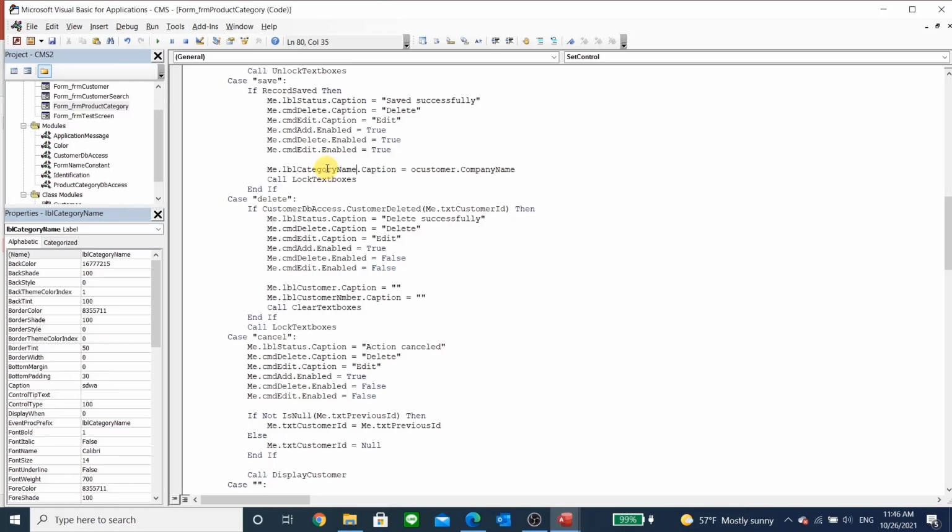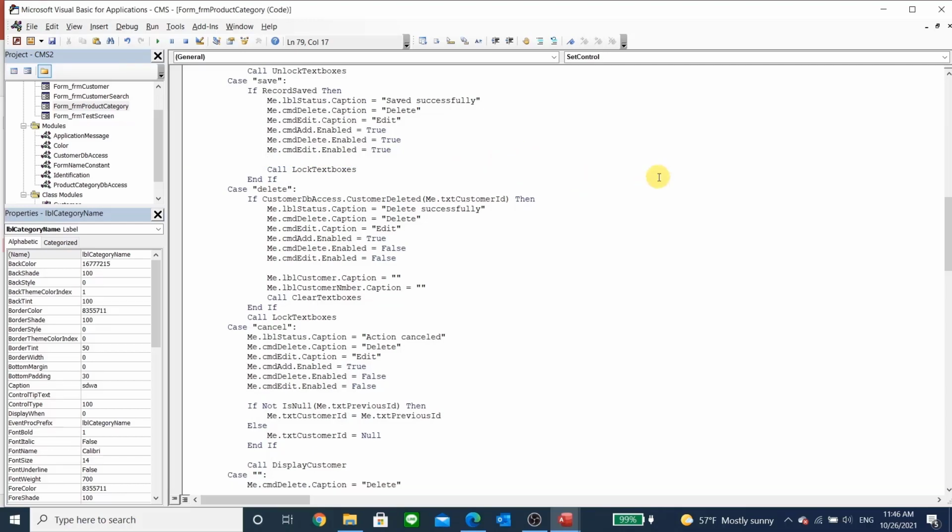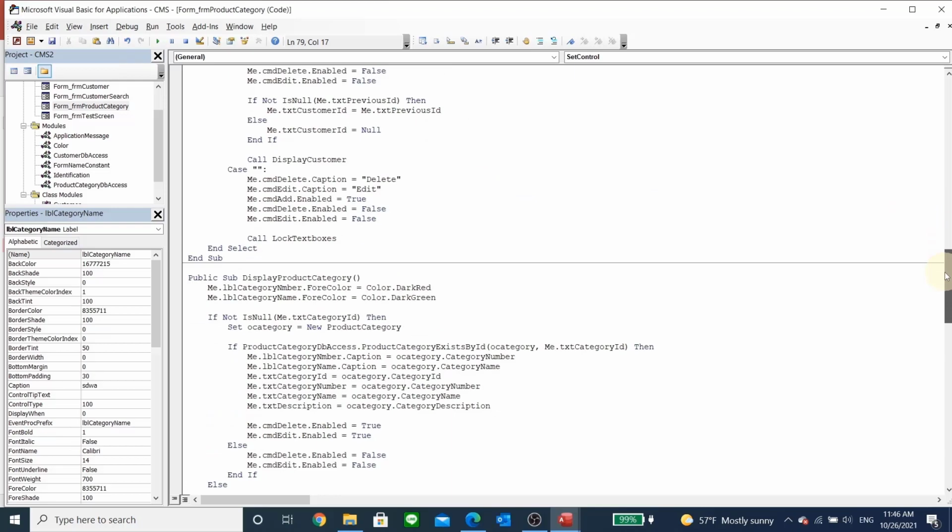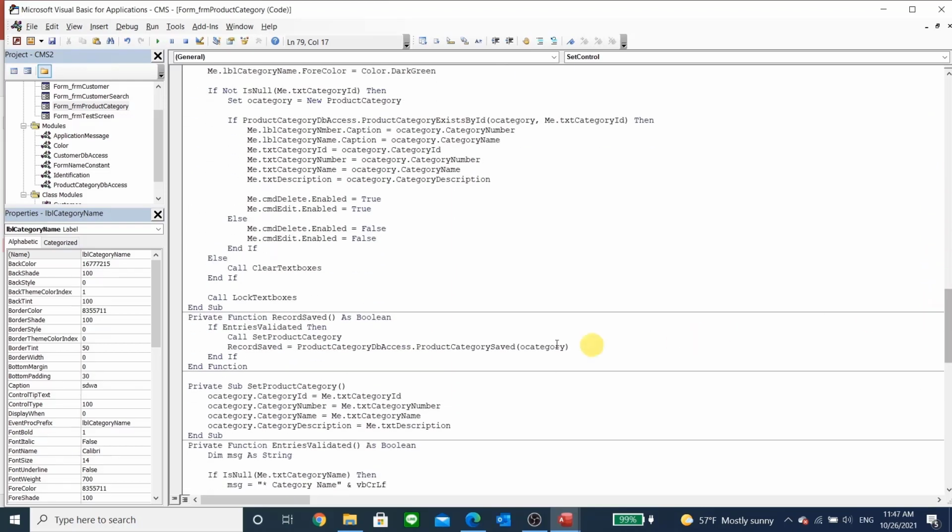Well, this is not a good place. I just noticed that this is not a good place. So I'm going to move that. That is label. Category name label as in the save function. So that's part of being right here. So if it's safe,